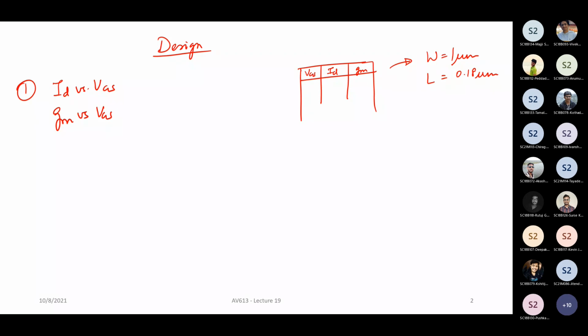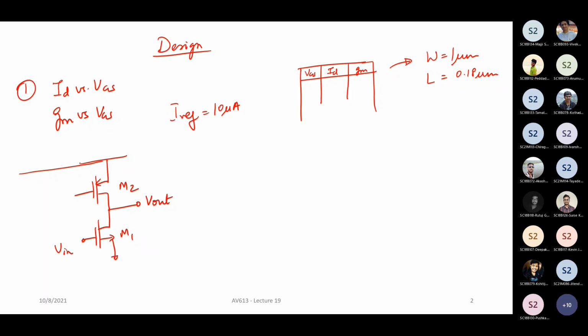So for example, let me just take a very simple design problem. Let's say I'm going to design for a gain of, this is a common source amplifier. Let's say this is Vin, Vout, and let's say this is VB. Let us assume how to take this VB. So let's say M1, M2. Let me also say that you have an IREF which is given at 10 microampere. Now, if I say my gain needs to be 10 volt per volt, basically, what is your gain? Your gain is basically gm1 times r01 parallel to r02.